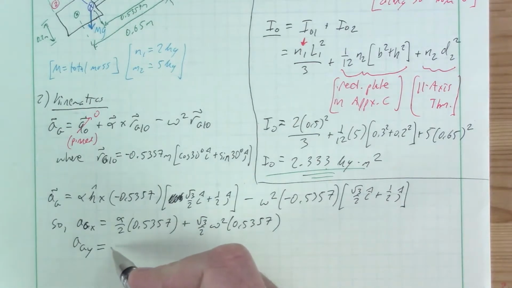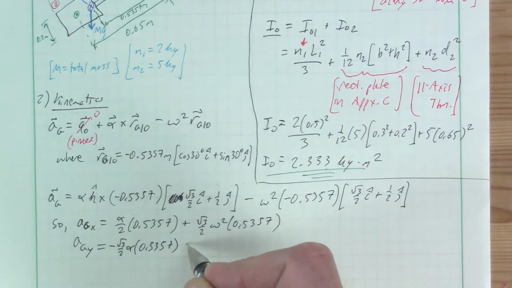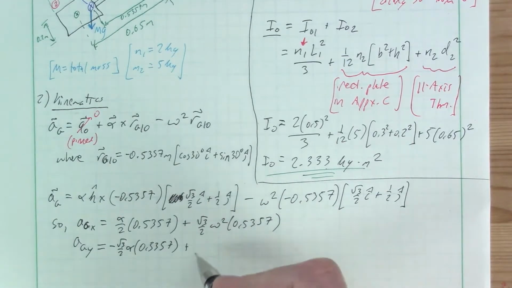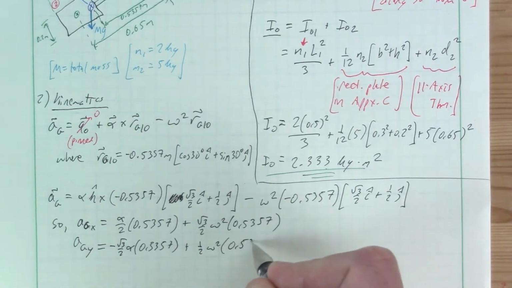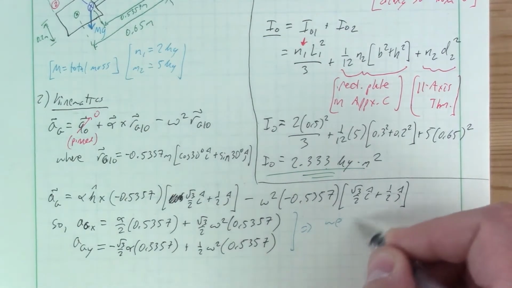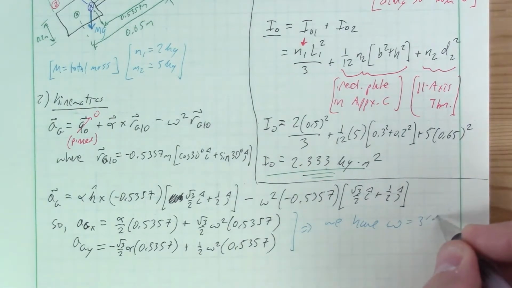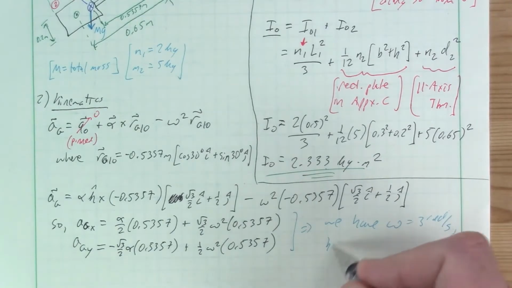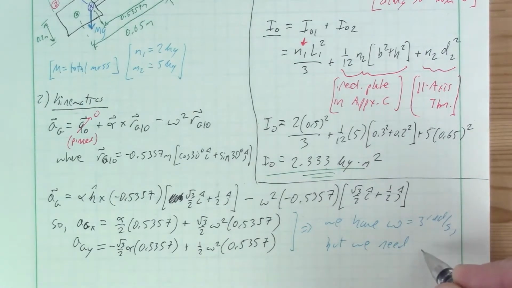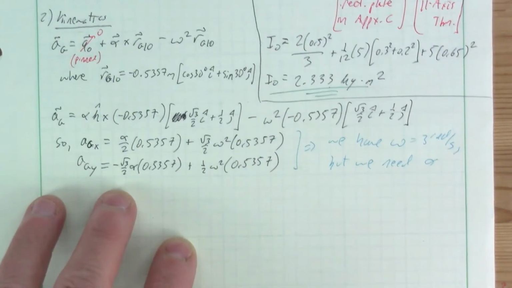So this is going to be minus root 3 over 2 alpha 0.5357, and then plus, because again negative negative, plus 1/2 omega squared 0.5357. Okay, so one thing to note, we have the omega, but we need the alpha. Right? This is 3 rad per second given in the problem statement. But we need alpha. And we also need to relate this to the reaction forces which are coming here, right? The first thing we need to do is to get what alpha is, and then we know that through